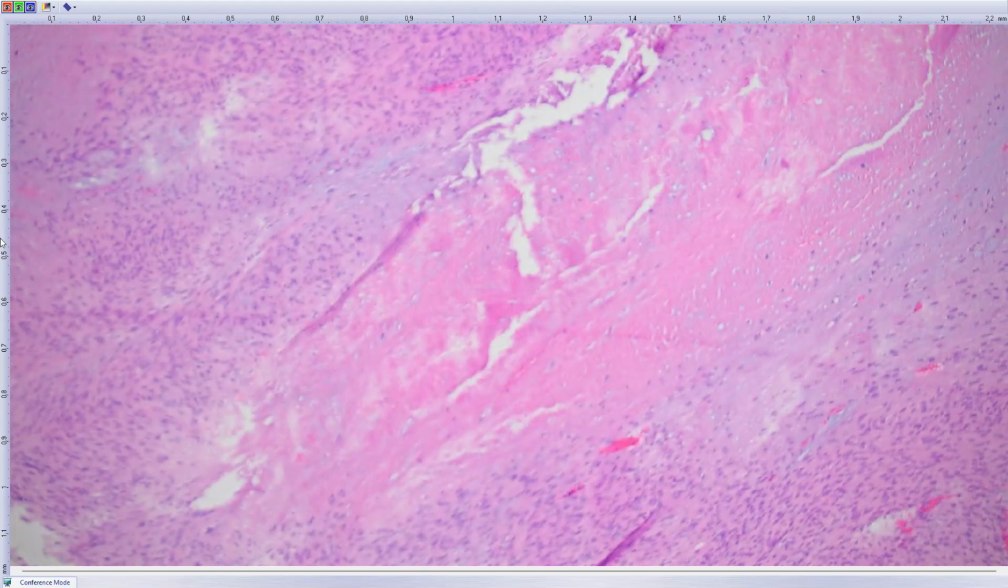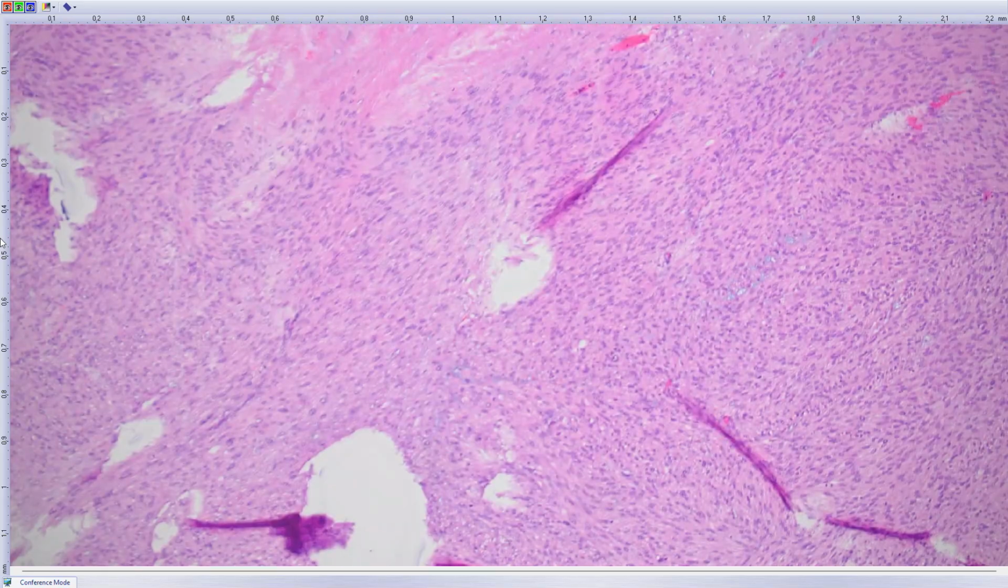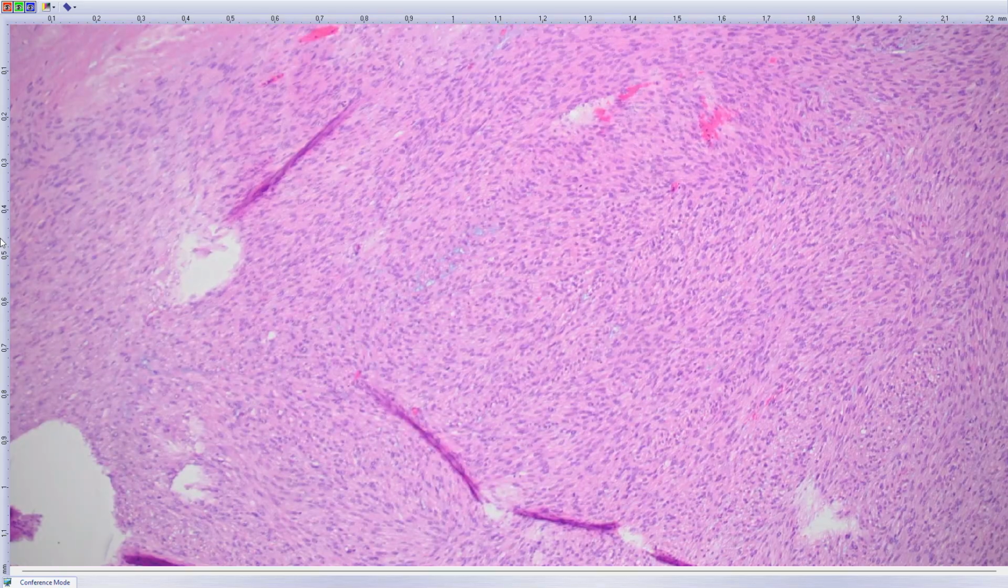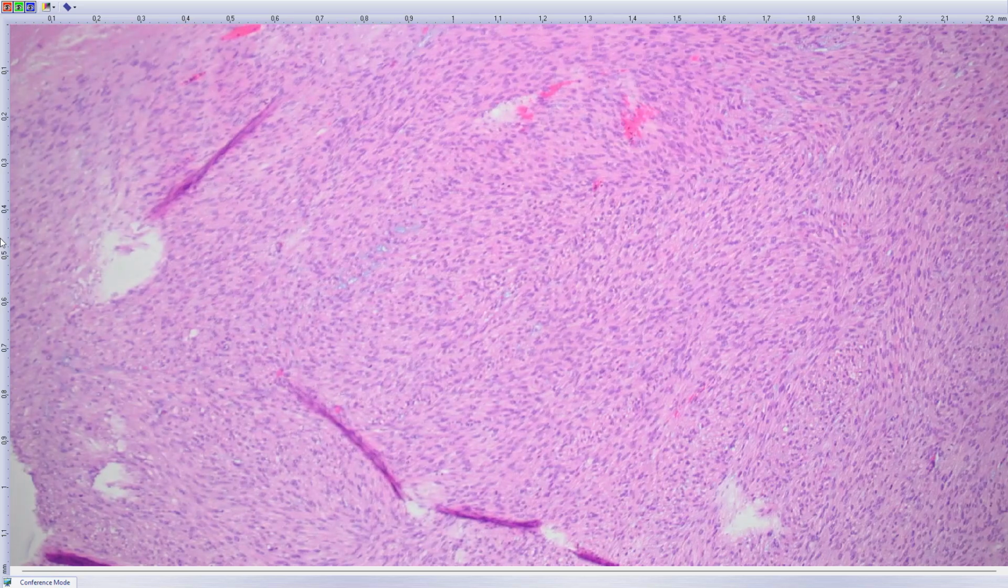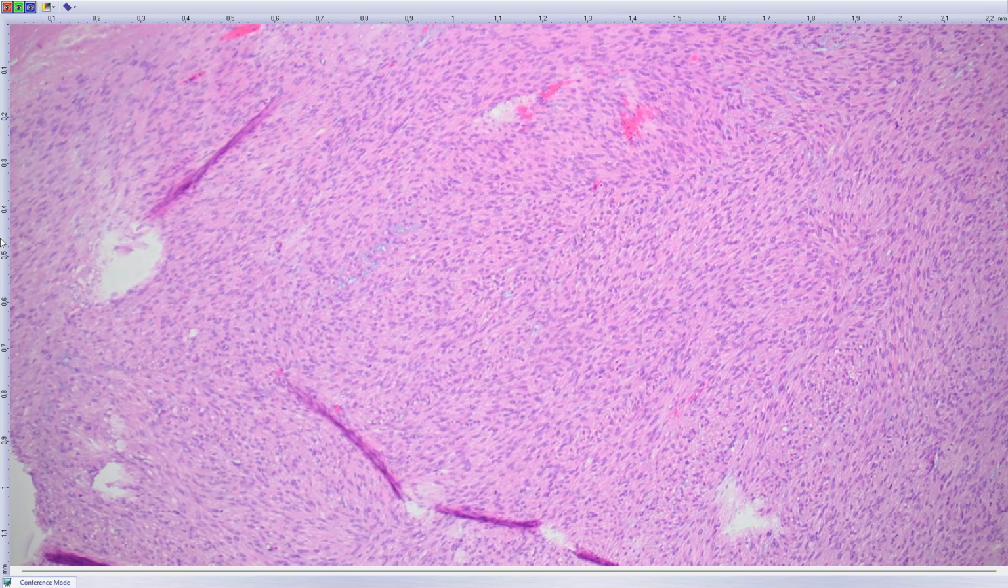necrosis present. We can see it here, the foci of necrosis. So when the morphology is clearly smooth muscle, confirmed by immunohistochemistry if you wish, desmin, actin, H-caldesmon,